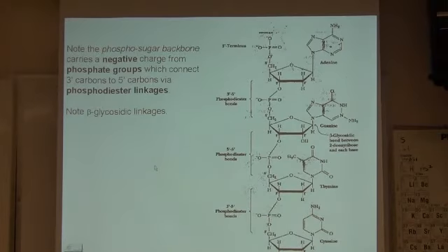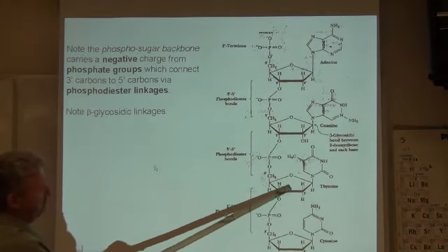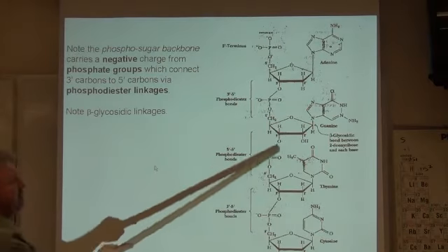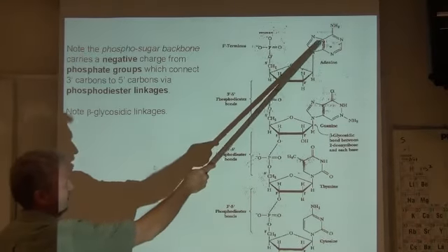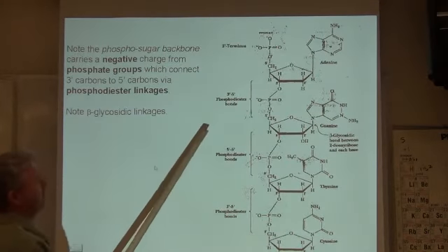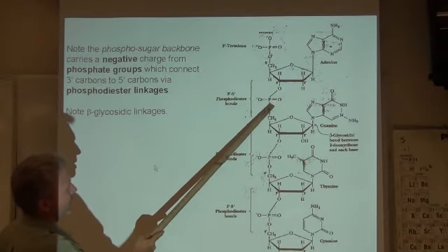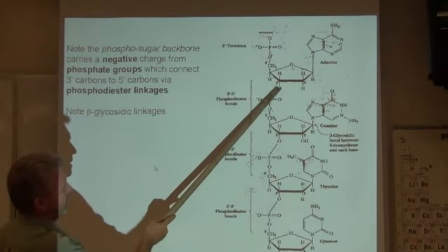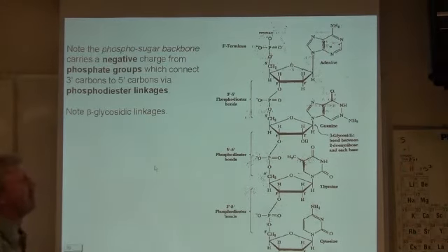Now, if we look at a linkage, okay, we have a phospho-sugar, phospho-sugar, phospho-sugar, phospho-sugar. This is the backbone, what we refer to as the backbone of DNA or RNA. And we have the nitrogenous bases actually hooked here at the anomeric carbons. Now, if we look closely at the linkage here, notice that it's the 5' phosphate that's linking to the 3' OH group. We call this a 3' to 5'